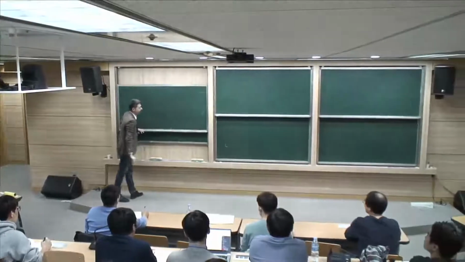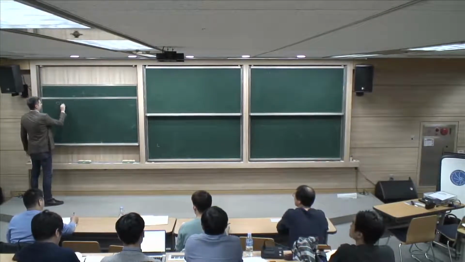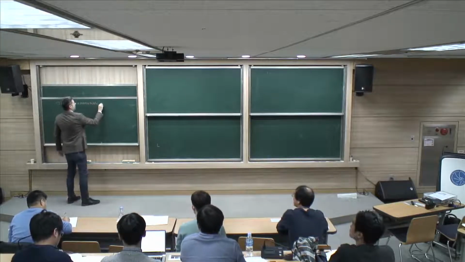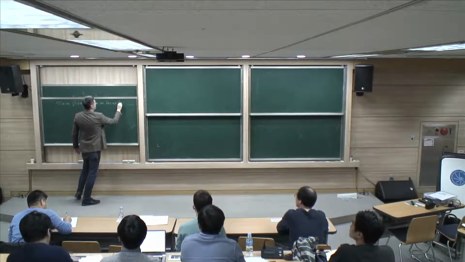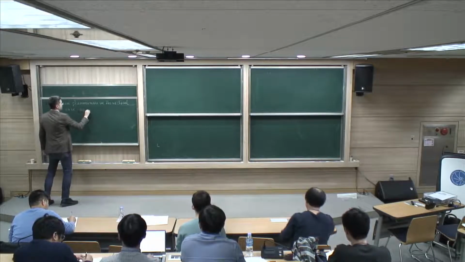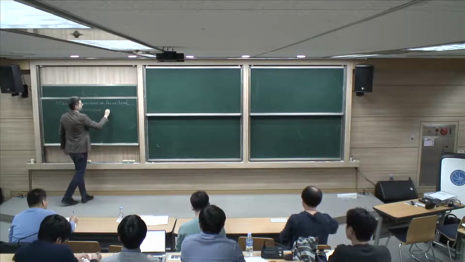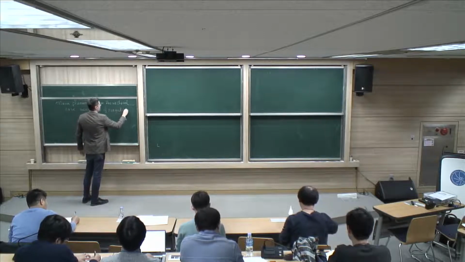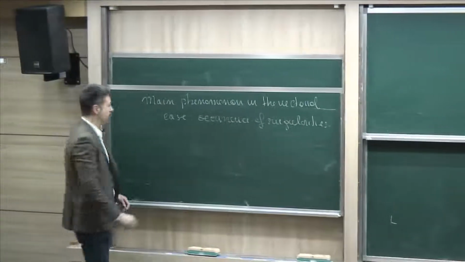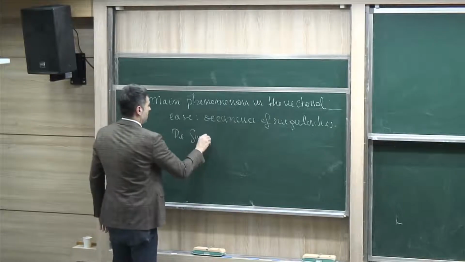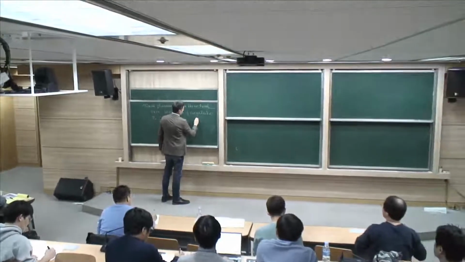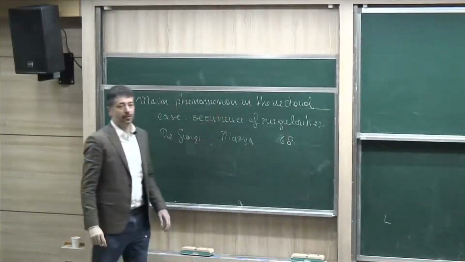Okay, the main phenomenon in the vectorial case is the occurrence of singularities. This was first observed independently by De Giorgi and Maz'ya, independently around 1968. And in particular, if you do consider now